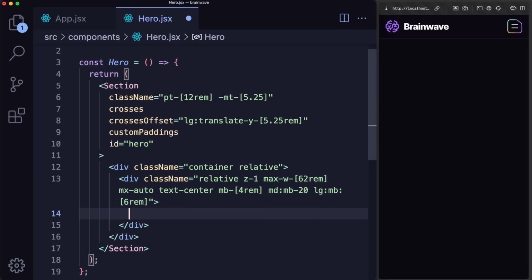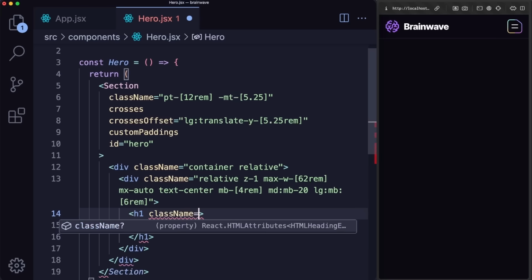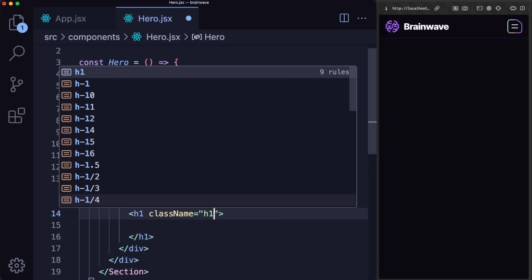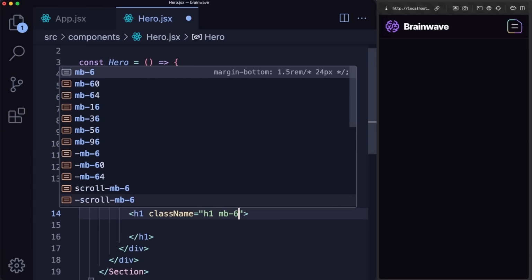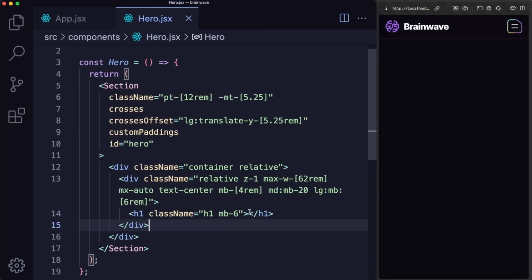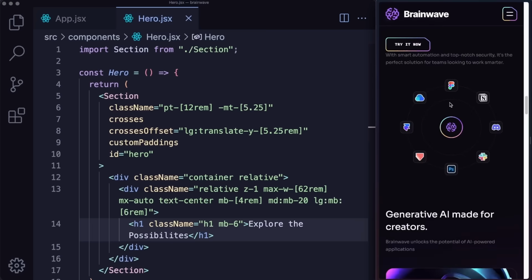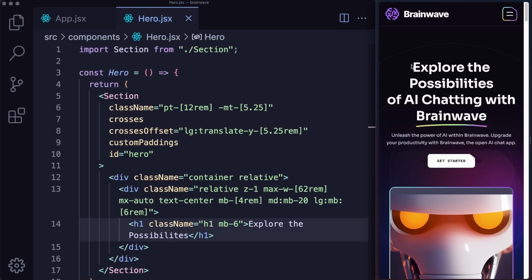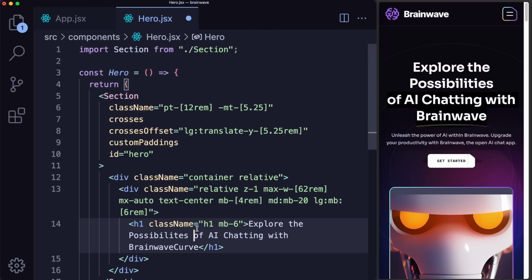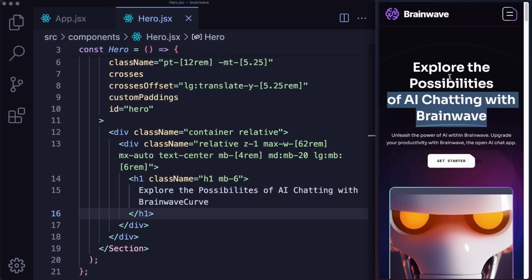Finally, within this div, we can create a new h1 that will have a class name of h1. This is a special class we created before, as well as a margin bottom of 6. And within that h1, we can say explore the possibilities like this. And we can also copy whatever else we say here. Explore the possibilities of AI chatting with Brainwave. So let's simply copy it, paste it here. The deployed website will be mentioned in the description down below, so you'll be able to copy all the content